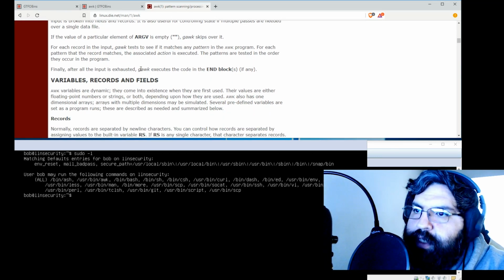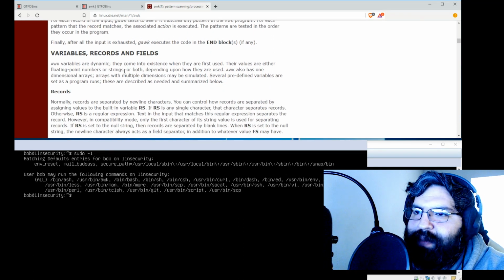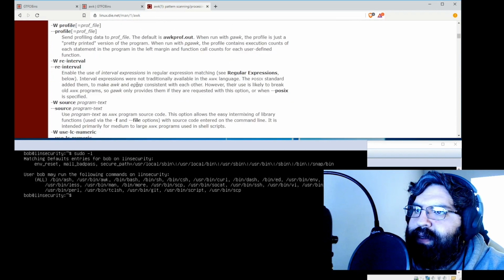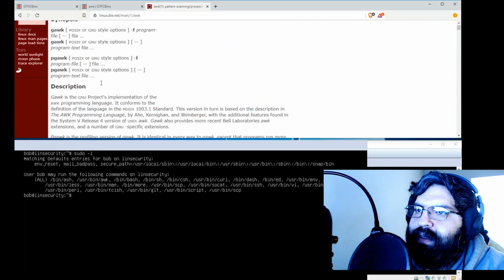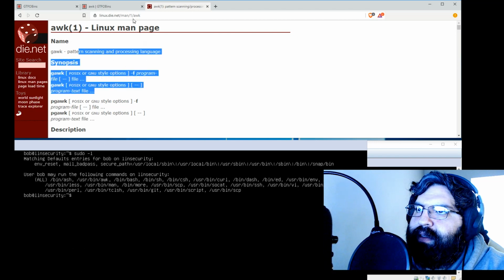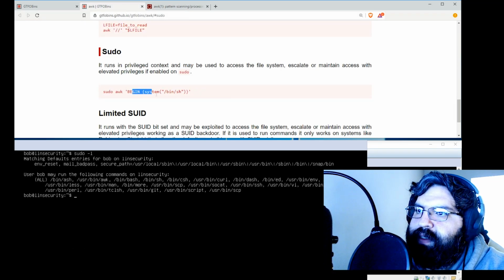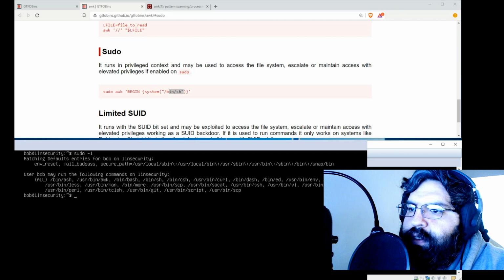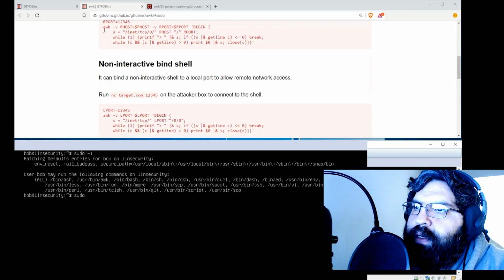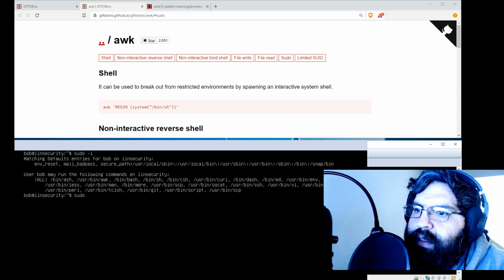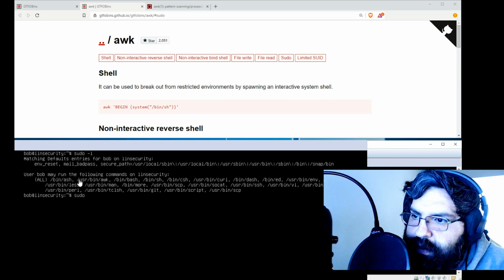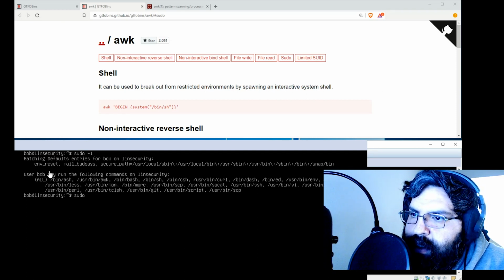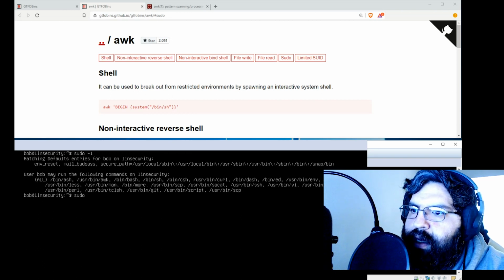Again, if you're familiar with these binaries, let me know what your experience with them is. I've never used this, but it looks like it does have the ability to execute commands, and that's essentially what we're doing. We're just trying to execute a bin shell or a bin bash. So let's run this one here. We're under sudo awk again, because it shows up under sudo -l as /usr/bin/awk. So let's run that command, awk 'BEGIN